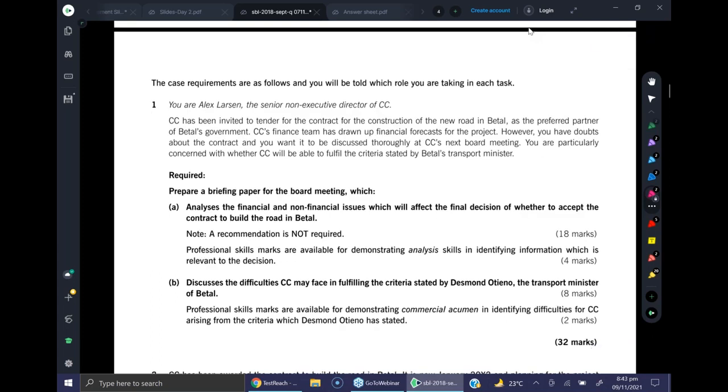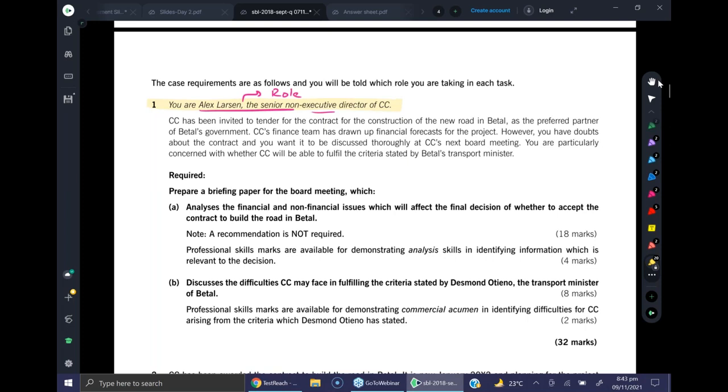We'll talk about the features of computer-based exam. Okay, now requirements. So case requirement number 1. It says that you are Alex Larson, the senior non-executive director. So here is your role, the senior non-executive director, right? And it is always that you are given a strategic level role where you will have to give suggestions, write